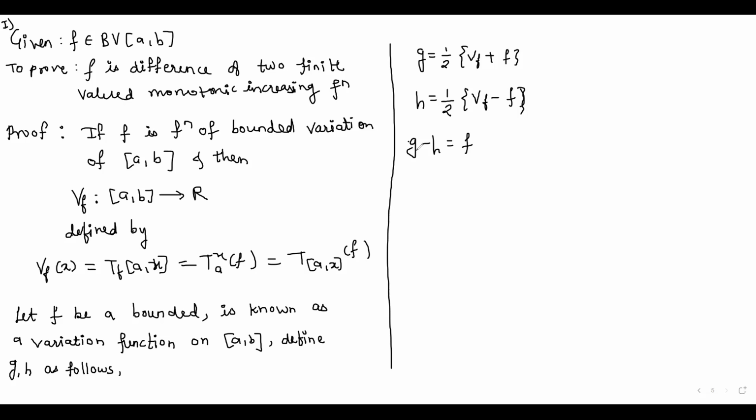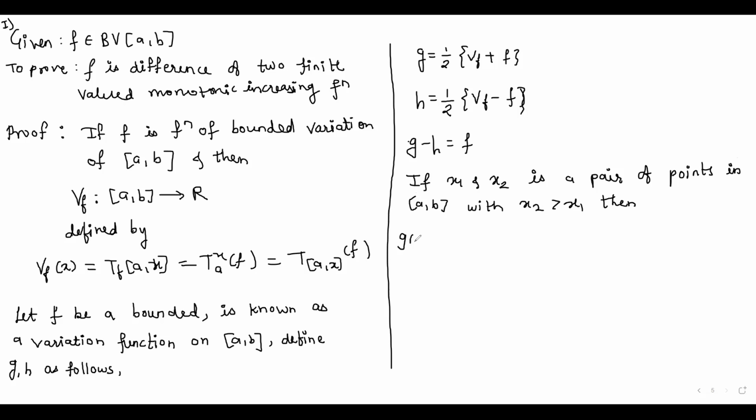So the way in which we have defined these functions, they are finite valued. Now if x1 and x2 is a pair of points in the given closed interval AB with x2 greater than x1, then